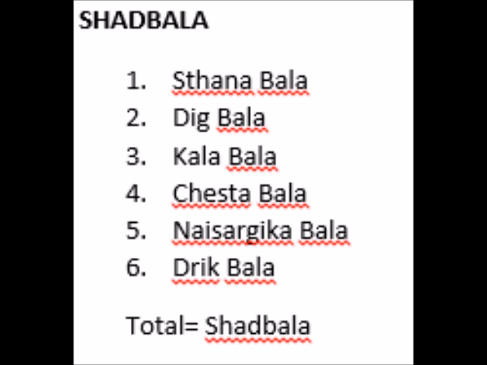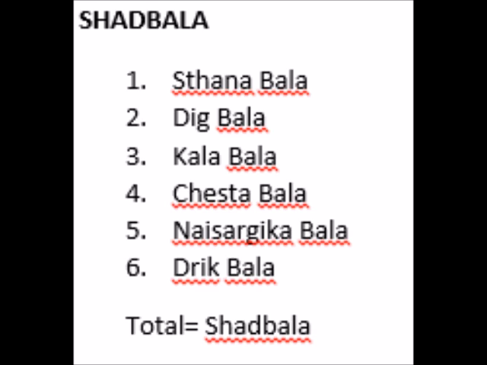And if it is not sitting in the Kendra houses, it'll get low points. So its strength somehow gets reduced, so its points also get reduced. And the fifth and last component of the Sthana Bala is Drekkana Bala, which is basically the positional strength